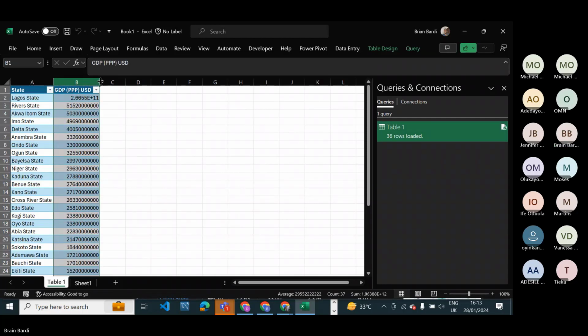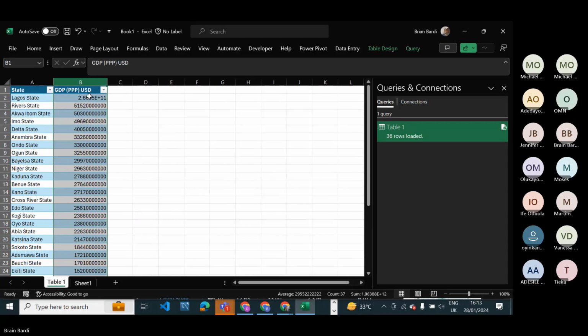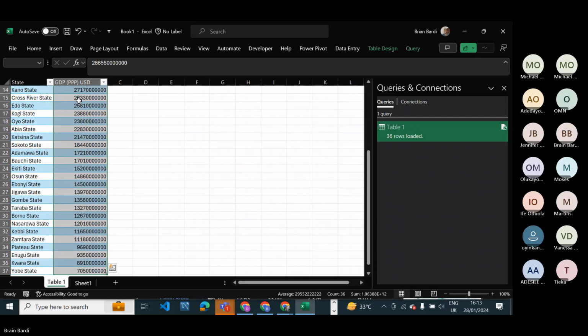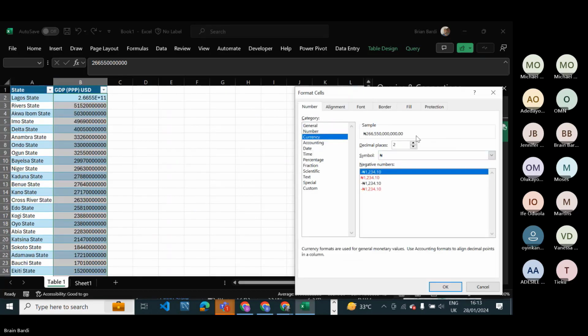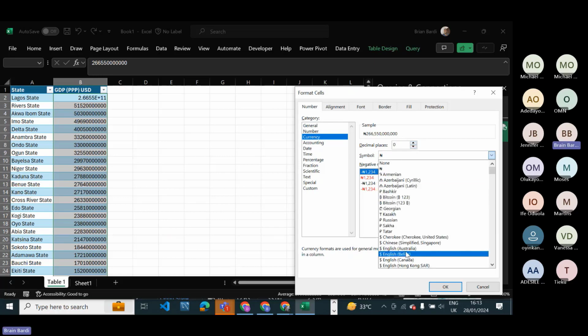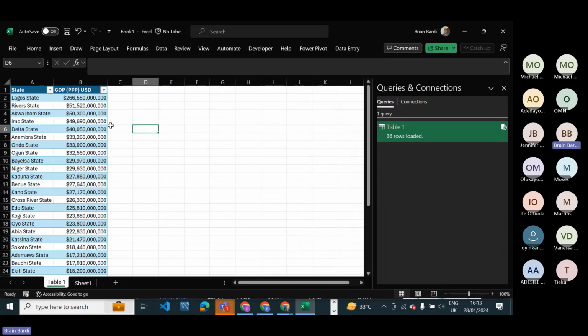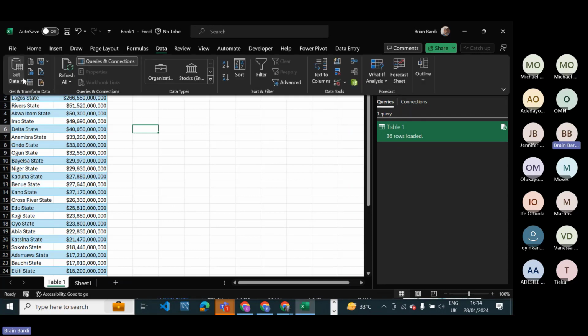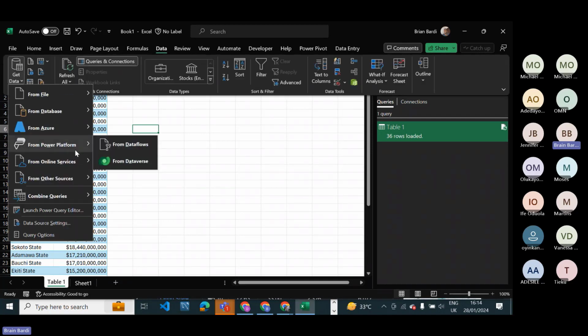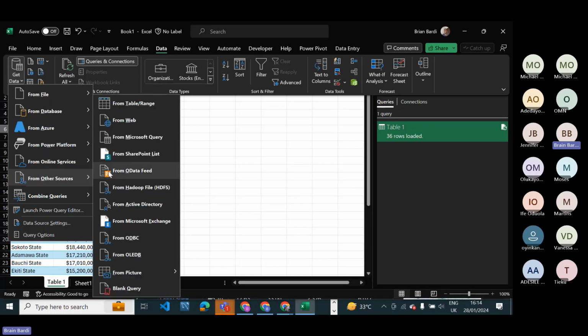Great. So just going to convert it to a currency, and it's going to be in USD. Great. So I'm also going to get data for the other information, which is for the population, so that we can get the GDP. So the essence of this is that I'm getting it directly from the web page.